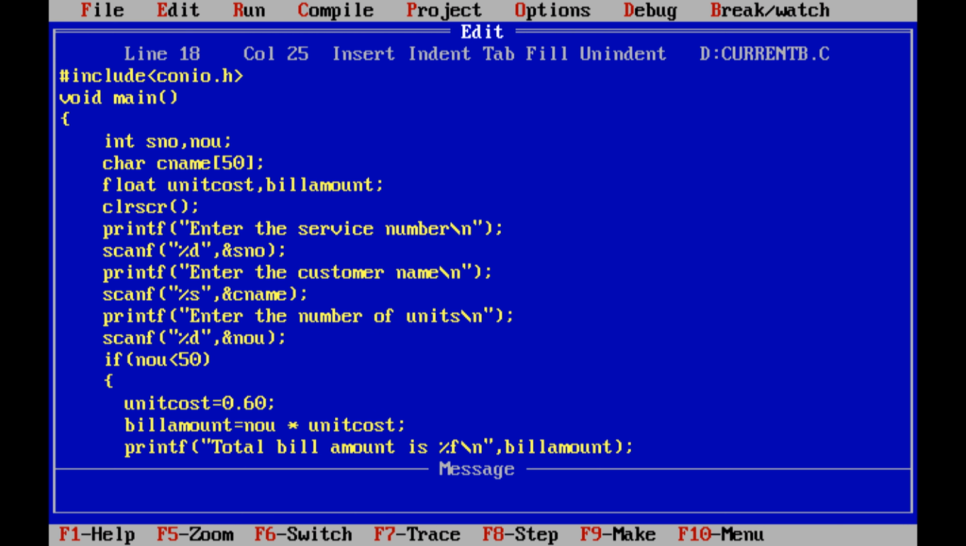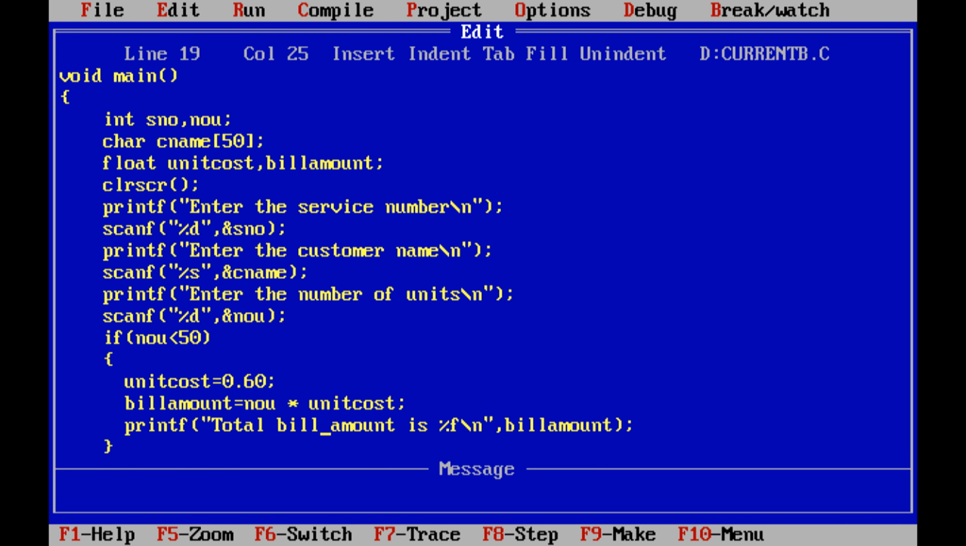So by using this formula, we have to calculate the bill amount. After that, we have to print the total bill amount. So printf("total bill amount is %f\n", bill_amount);